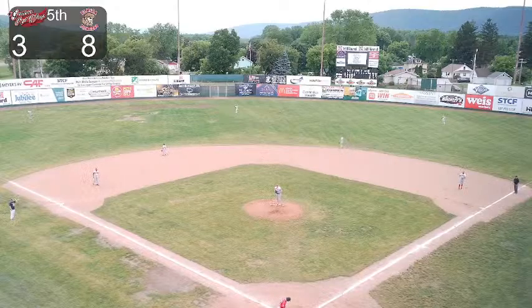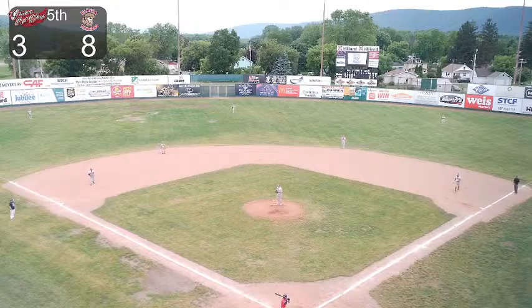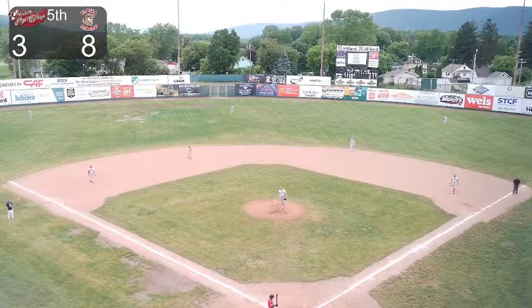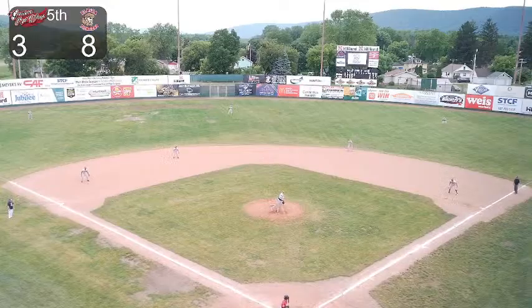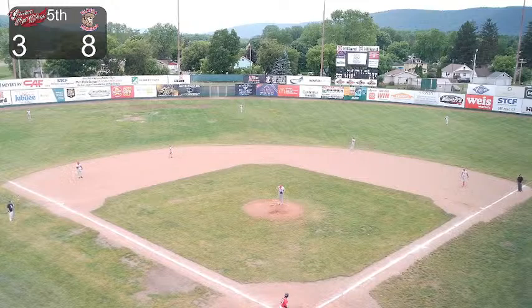Van Duzer painting over the inner third, 1-1 the count to Grimesti. Van Duzer working quickly out of the windup, delivers a breaking ball low in the dirt, 2-1. A nice, calm, cool, overcast afternoon. A 7-inning ball game to follow this evening between Elmira and Geneva. Breaking ball misses high and away. 3 balls and a strike the count to Grimesti, who has just been so valuable this season so far for